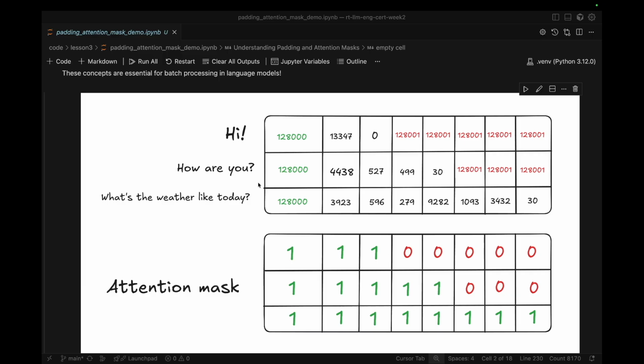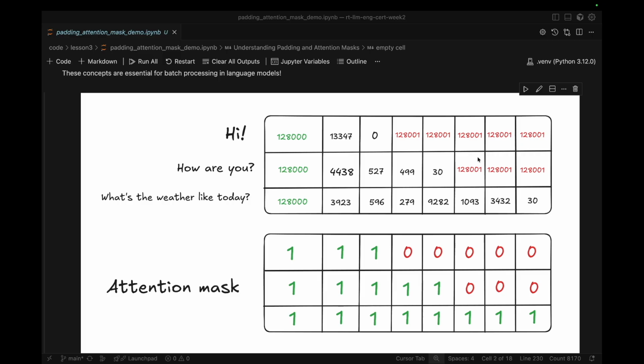But then the question is, the samples actually have different numbers of tokens. So how are we going to construct the matrix? Turns out, here comes padding, which is we unify the number of tokens in all of the samples to match the longest one. In this case, this sentence is the longest, containing the most tokens. So what we need to do is pad the other sentences by inserting a special token. It's called a padding token. It's inserted just to make the shape of the matrix valid in order to put these three sentences in a